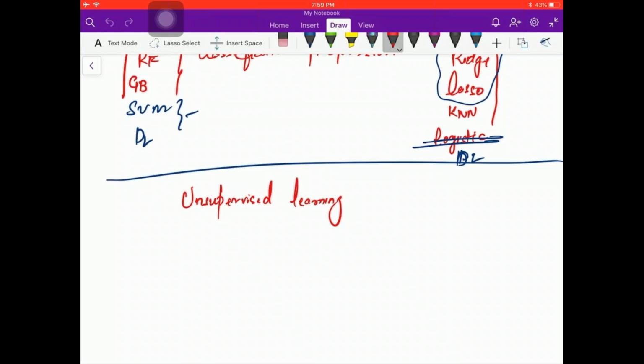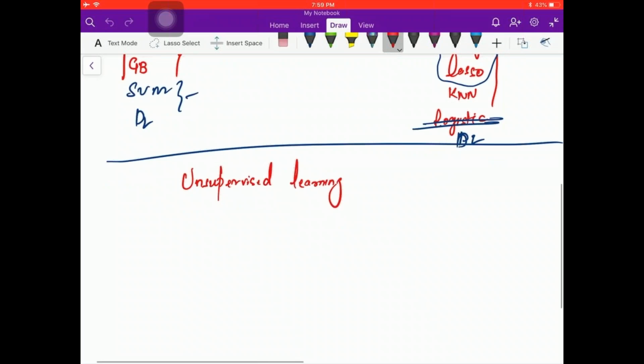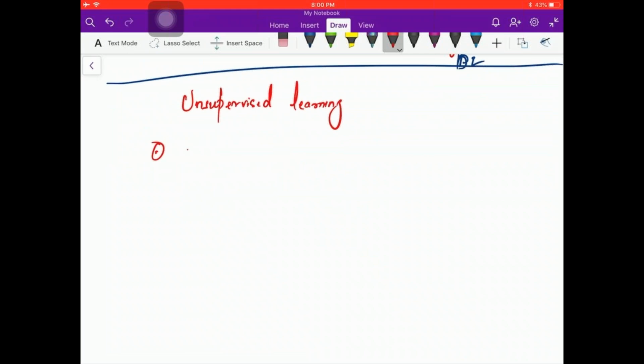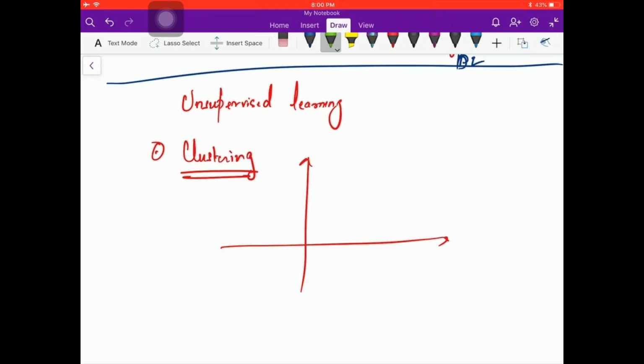So this is what I wanted to say. For right now, since we do not deal with very hi-fi unsupervised learning models, a very simple model is called a clustering model. Now, clustering is a very simple task. Nothing doing here. Let's say I have data points. I don't know anything about the y. What is the y associated with each of the data points?